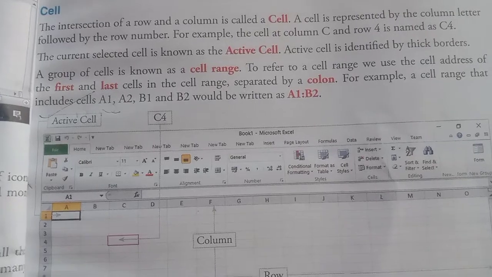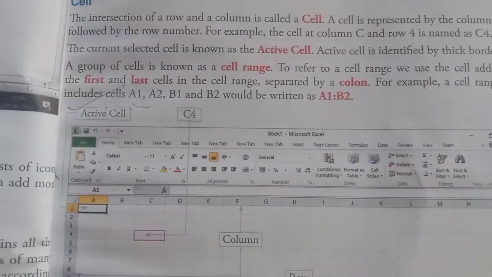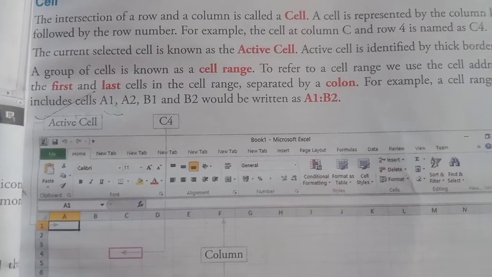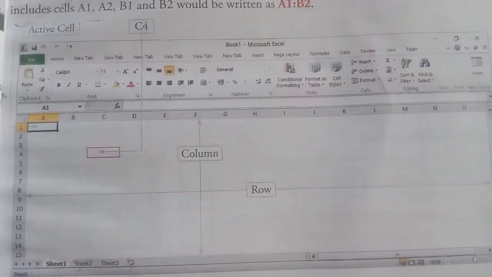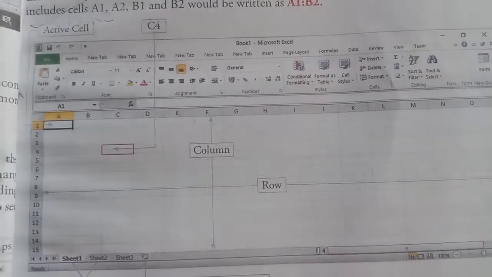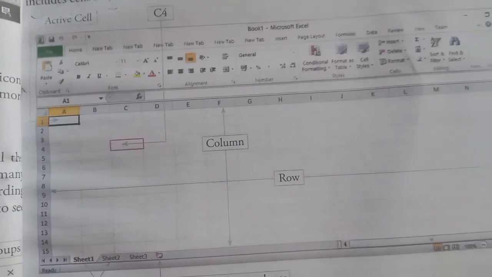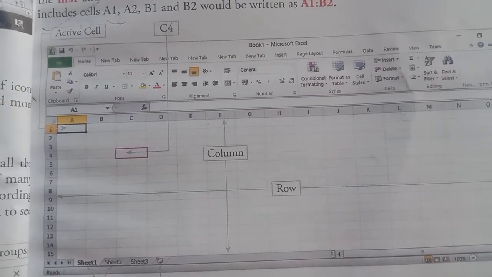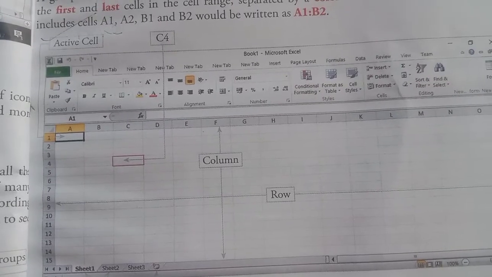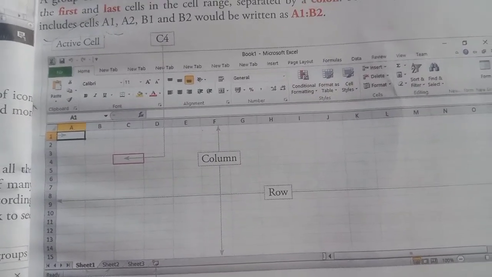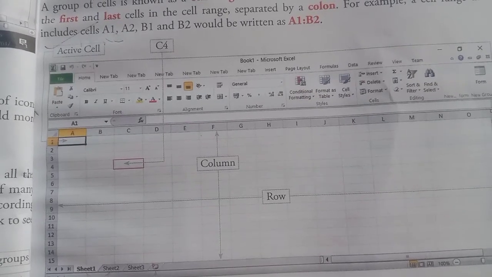And about cell, what is a cell? Right? The intersection of a row and column is called a cell. So this one is a picture of a worksheet, and here you have seen on the bottom side, I already told you, whenever you open an Excel worksheet, by default you get three sheets, and by default the names of the sheets are Sheet1, Sheet2 and Sheet3. If you want to change the name of the sheets, you can.